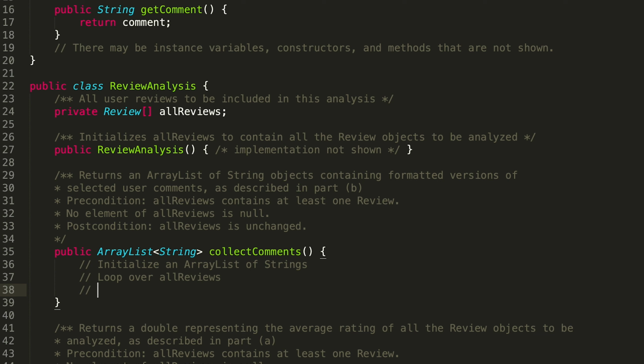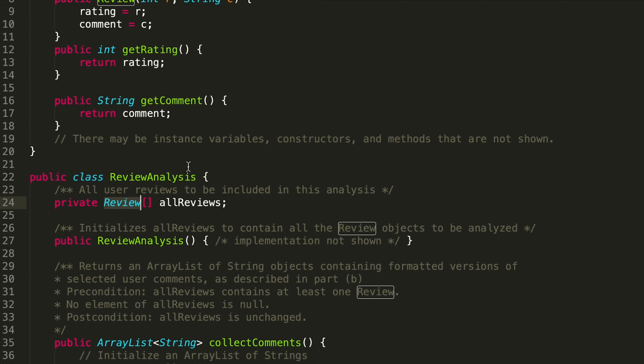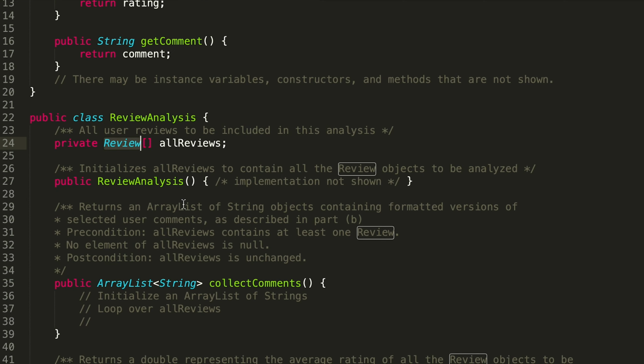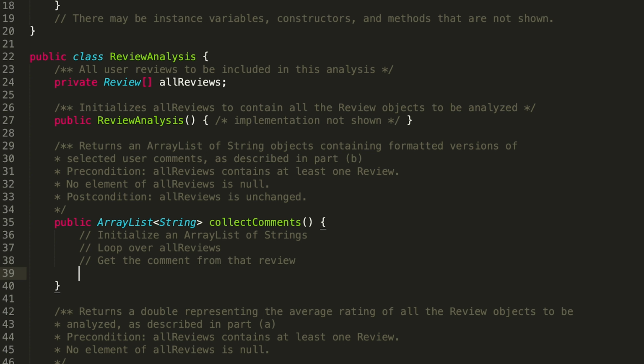What do we want to do as we're looking at each of the reviews by itself? So first of all, the review, remember, correlates to this review class up here. So we're going to want to get the comment from that review so that we can figure out if it has an exclamation point in it or not. So get the comment from that review. If that comment contains an exclamation mark,